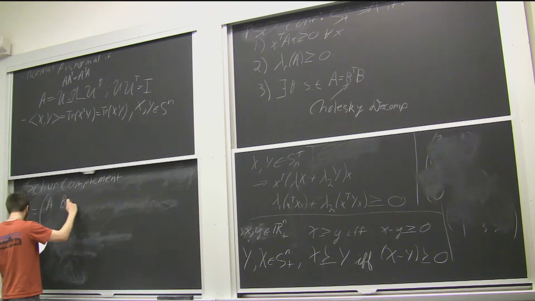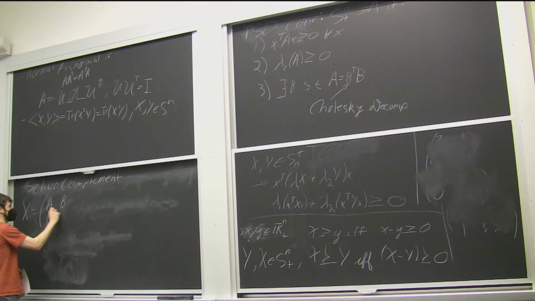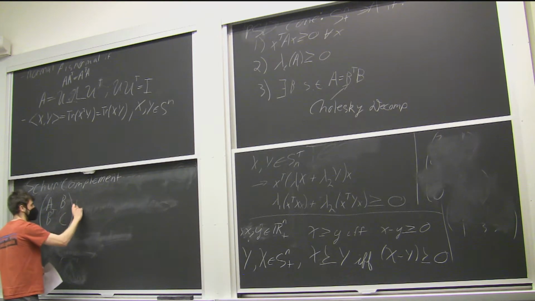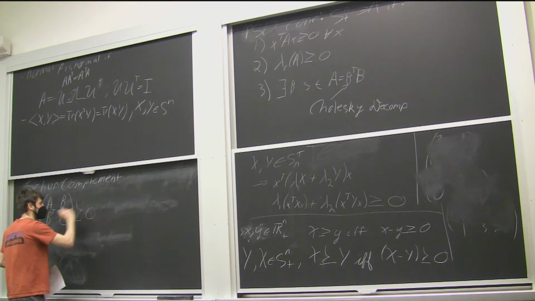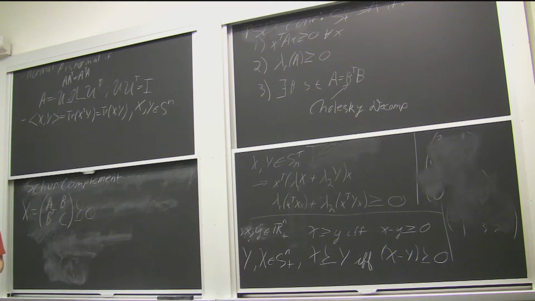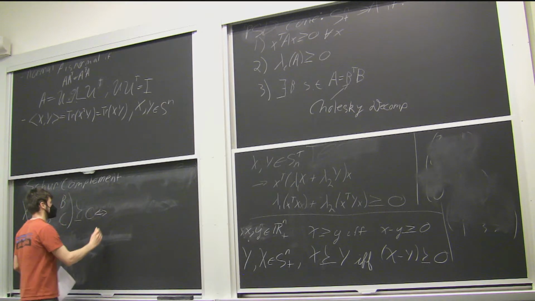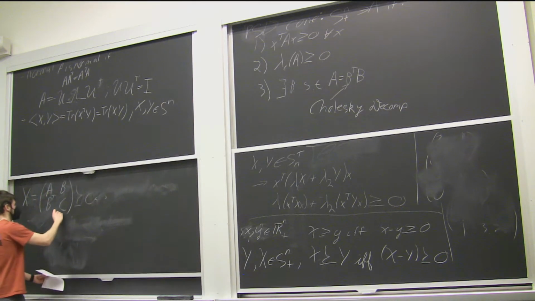So let's say I have a symmetric matrix like this, and I want to check whether this is positive semi-definite or not. This condition is actually going to be equivalent to